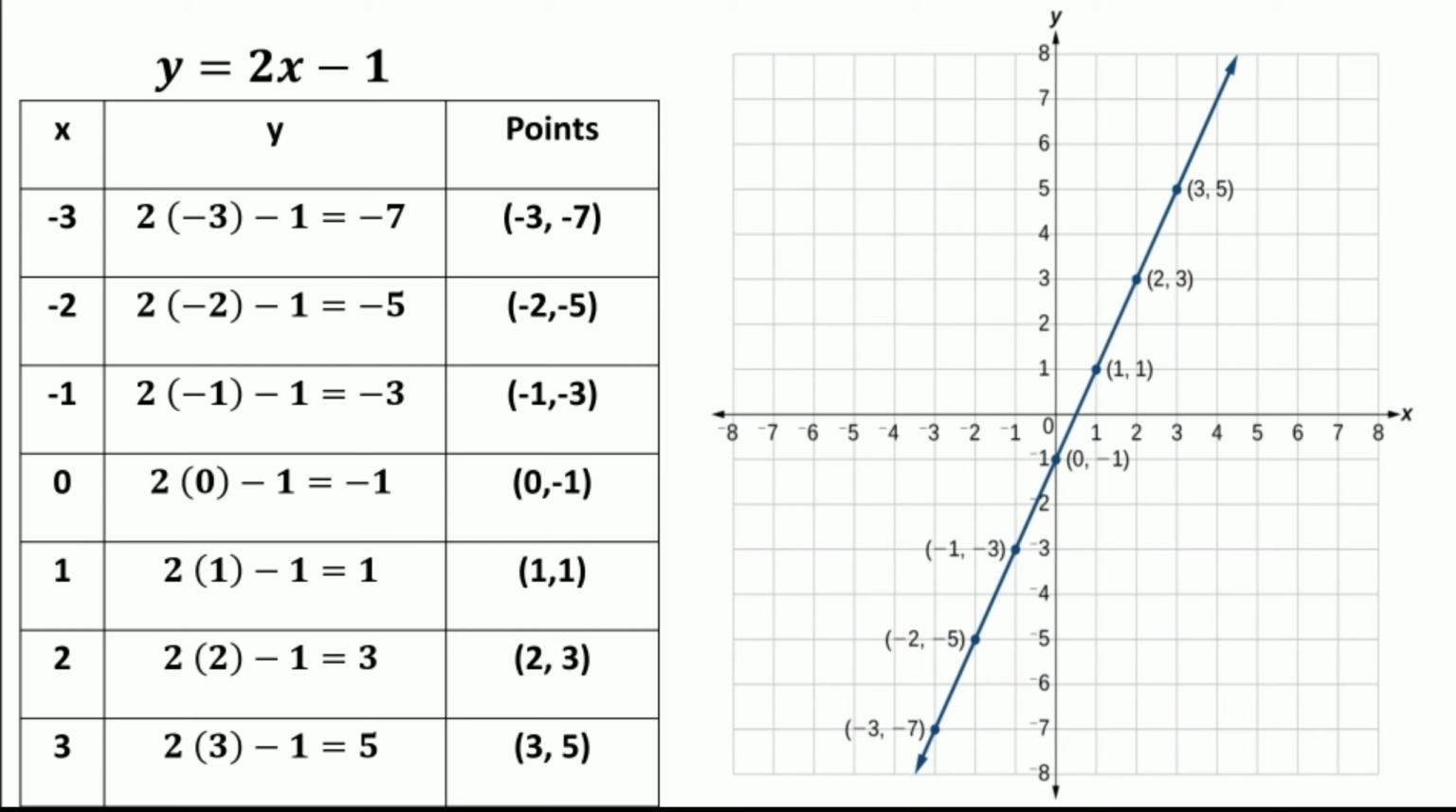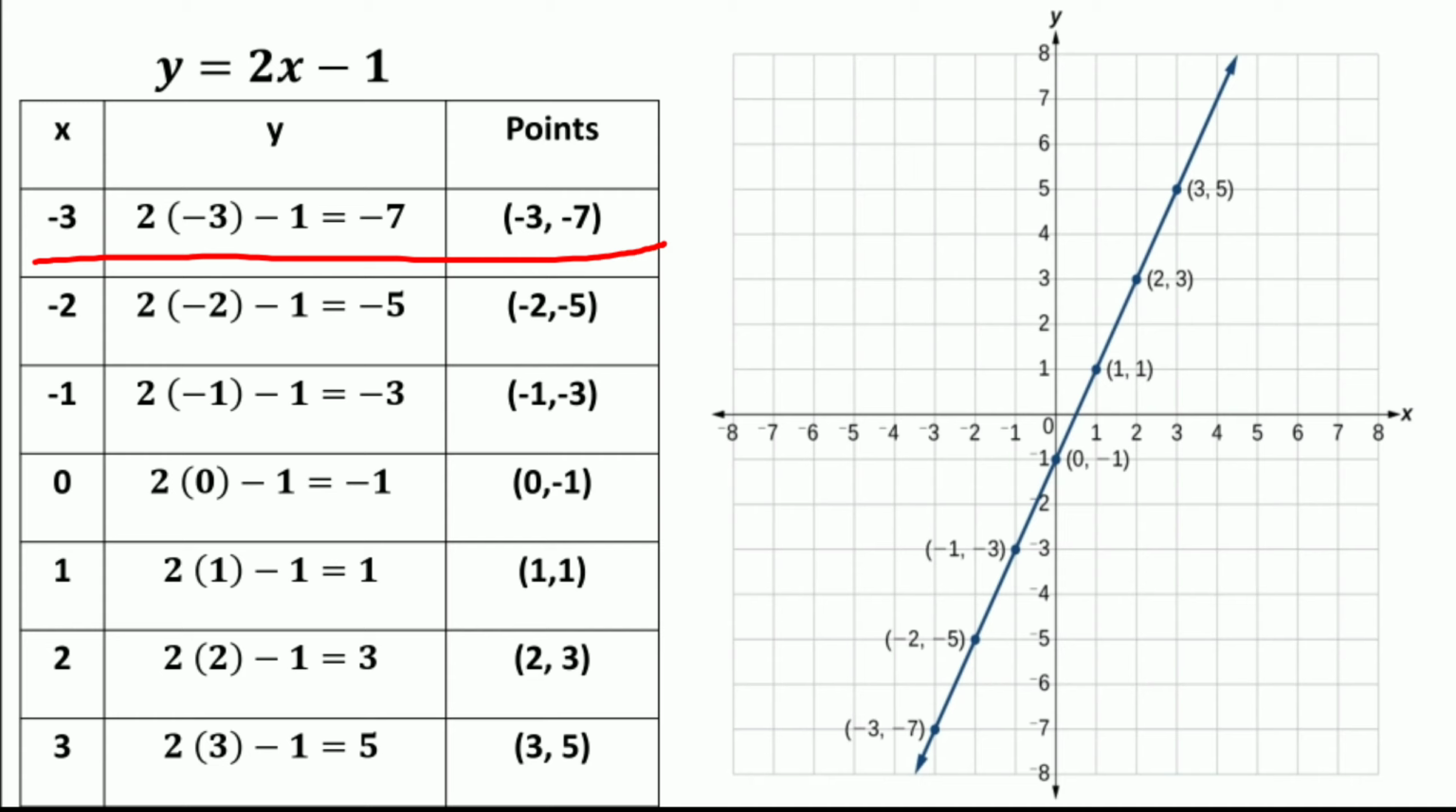Now considering another equation, y is equal to 2x minus 1, and we want to graph this equation. We can begin by substituting values for x into the equation and determining the resulting value of y. Let us assume the values of x from minus 3 to plus 3, and the resulting values of y are as follows. If you substitute x is equal to minus 3, then y is equal to